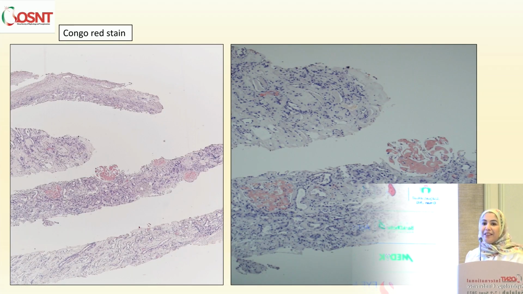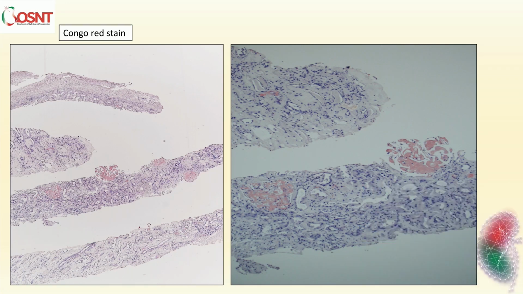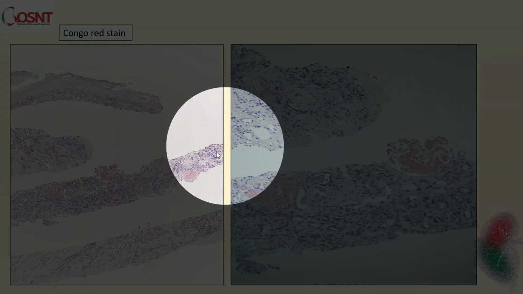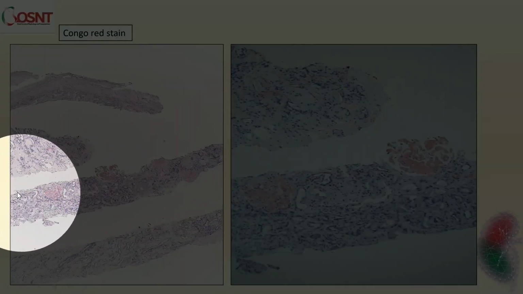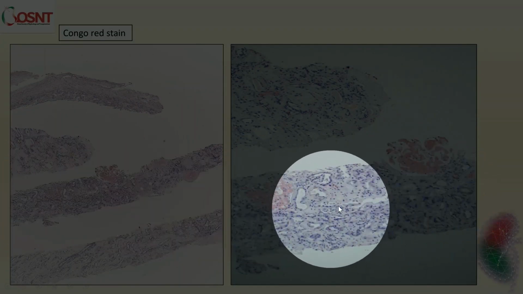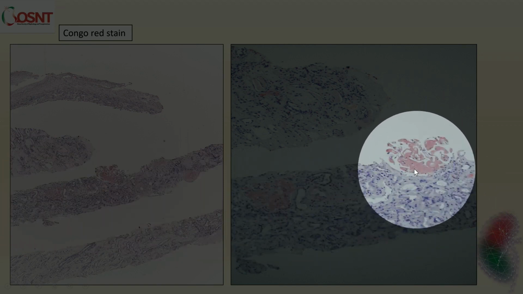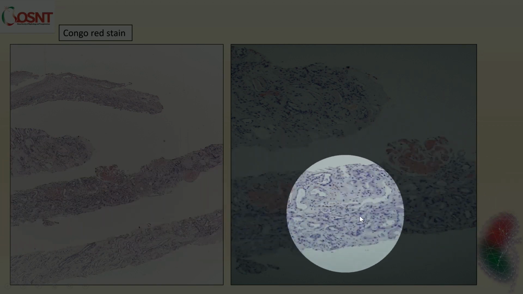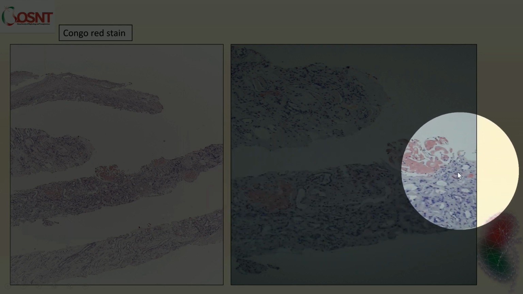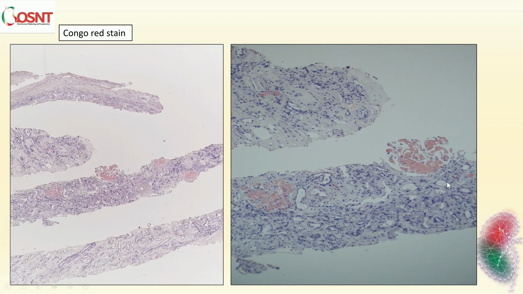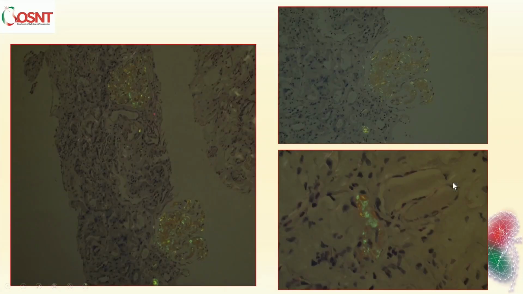Name the stain. Congo red. Okay, so Congo red highlights this congophilic material, typically described in the literature as a salmon pink color. We see it in the glomeruli. We see it also in some of the blood vessels, and there were also a few flecks in the interstitium. Polarization highlights nice